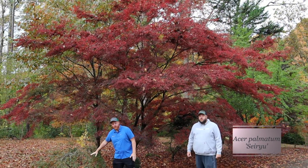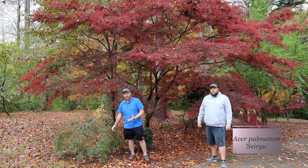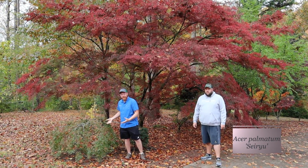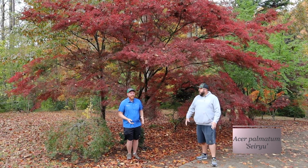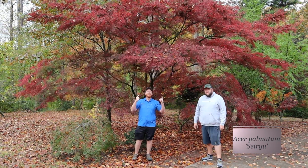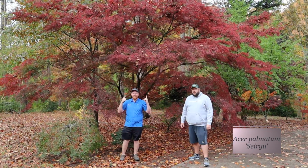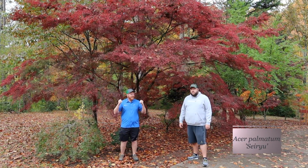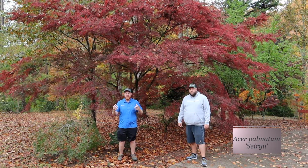He put a Jiro Shidari, which is a palmate weeper, right here. So it's got that palmate leaf, not a lace leaf, and it's weeping. So the opposite of what you normally think of with a palmate style leaf. And then he paired it with a lace leaf upright. And so you've got this contrasting textures and styles that's exact opposite of what people normally think of when they